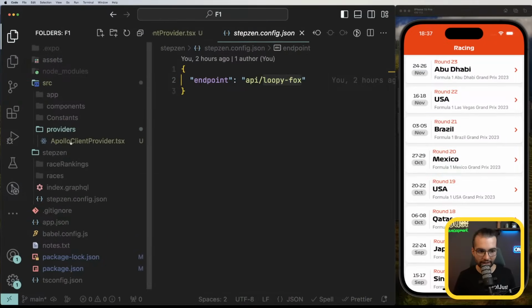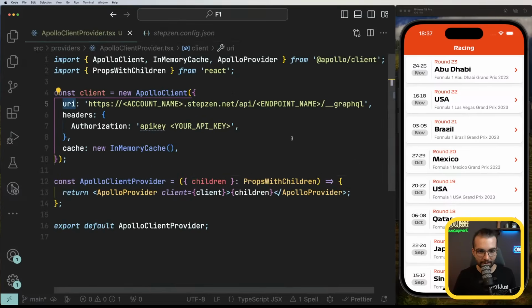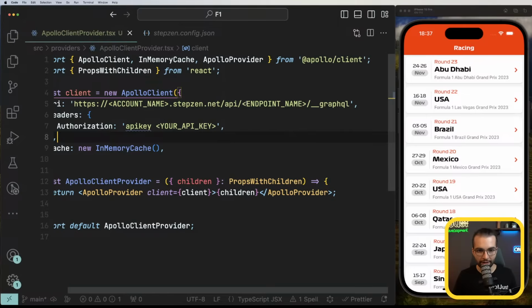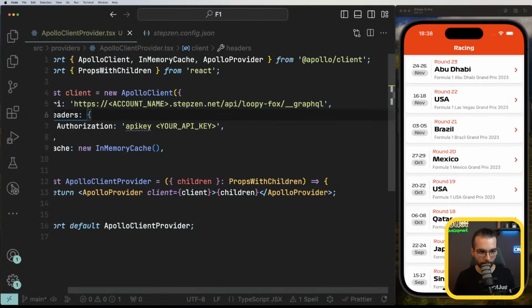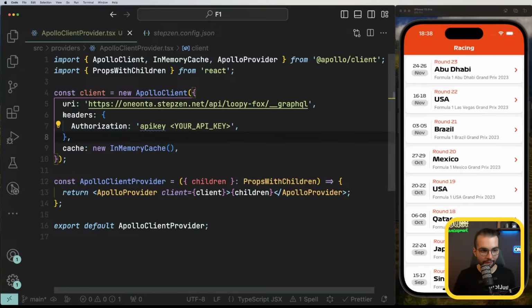In the providers, Apollo client provider, the endpoint name is where Loopy Fox is going: API/LoopyFox, and here should be the account name. The account name you can see here in the authentication account. This is the account name. And here we are attaching some headers that Apollo will always use for all the requests that we